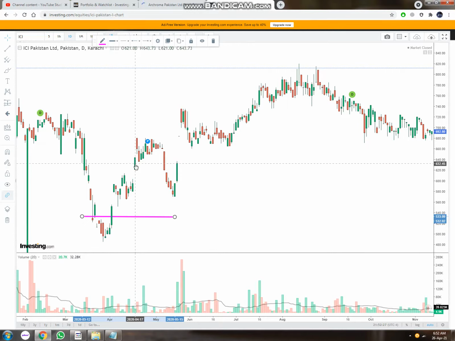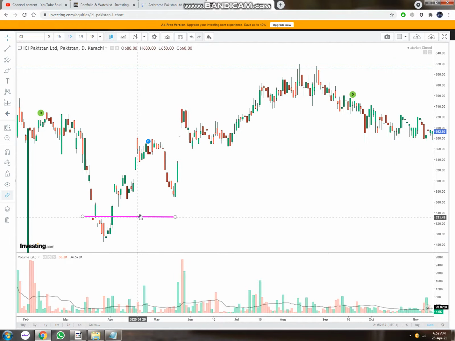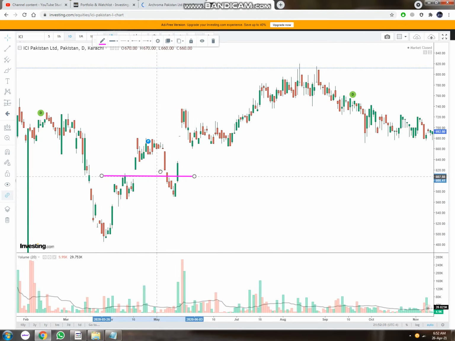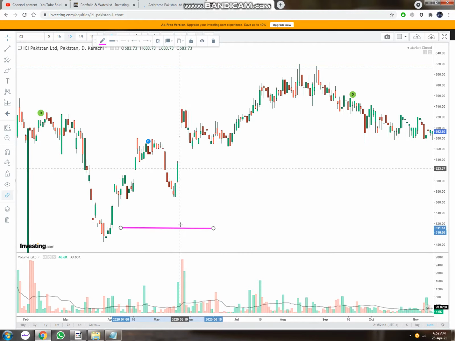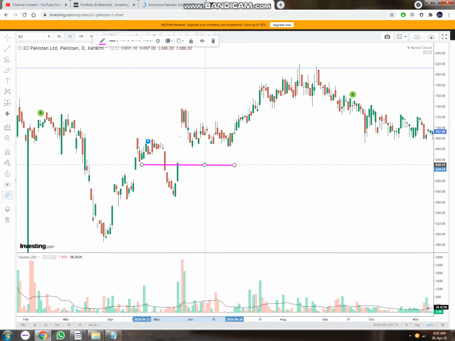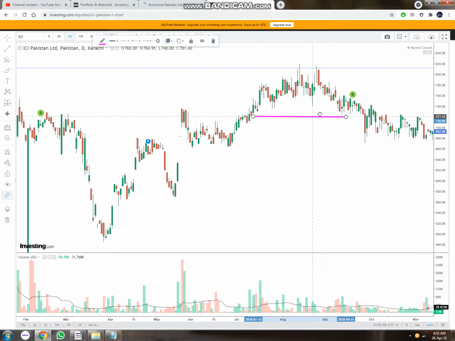Now it reached this point, and my stop loss is right here. As it is moving upward, I'm moving it upward. Then it starts to come down, and I've closed my position right here. After this, again I've invested in this part, and I moved the stop loss along with it, upward, upward, upward again. I'm going to move this like this, and at last when it hits this point, I will close my position.